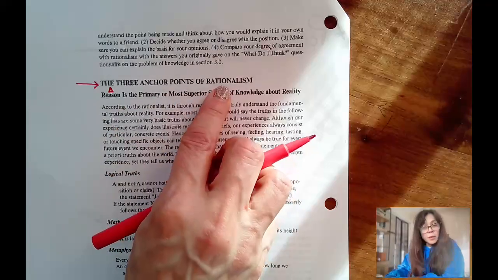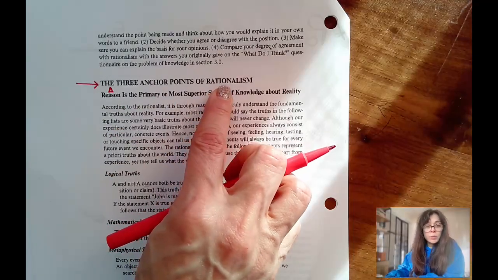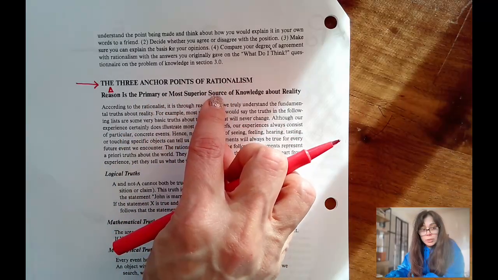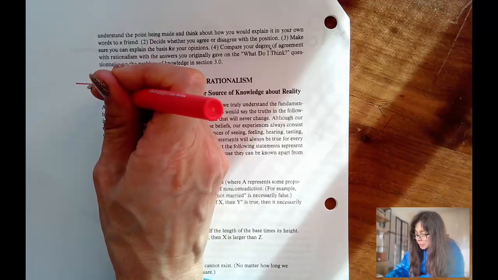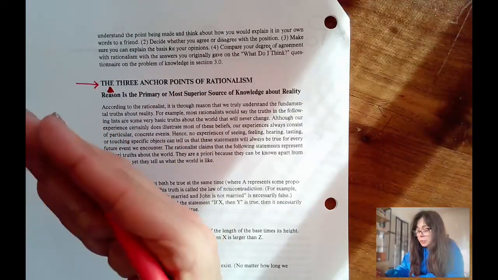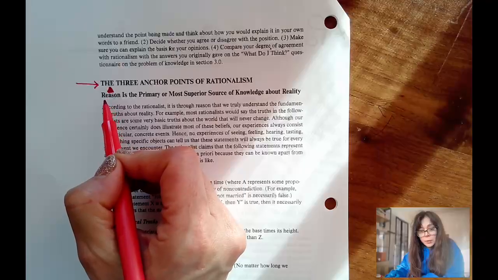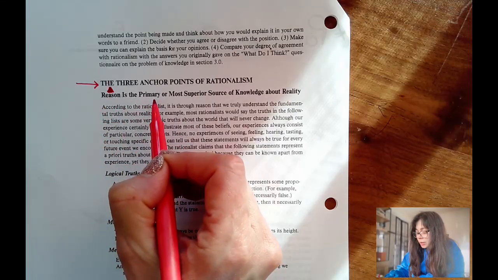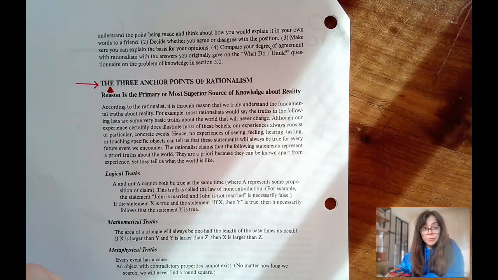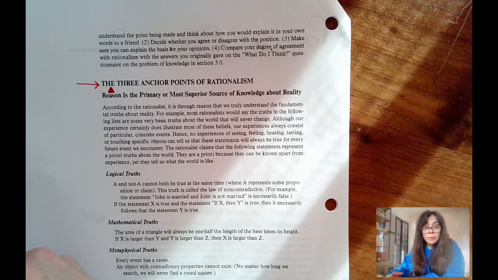It makes sense given what? Rationalism. What does it mean to be rational? We use reason. Notice that it says it's the primary or most superior source. So concepts that are integral to the positive case for a theory, in other words, what knowledge is and how it's possible, we're going to do filled-in triangles, and I'll let you know when to do that. And then we're going to put triangles over other words, but we're not going to fill them in, because those words name concepts that are of general importance to epistemology and the debate of epistemology, and might be relevant to a variety of theories.